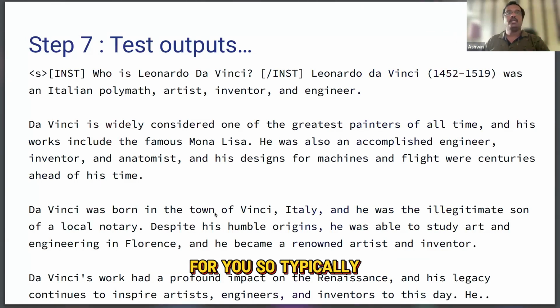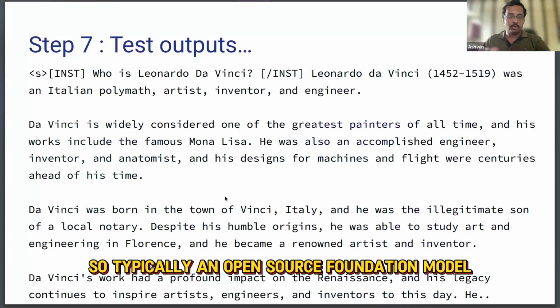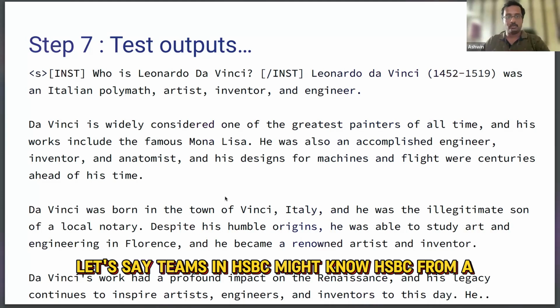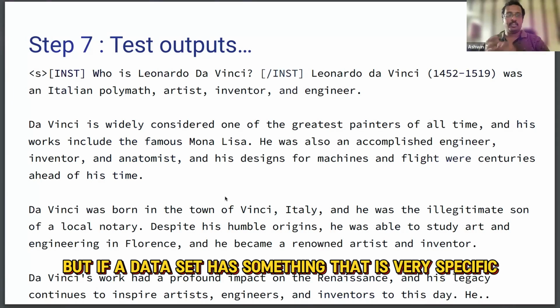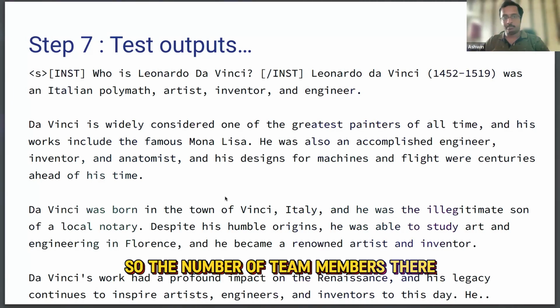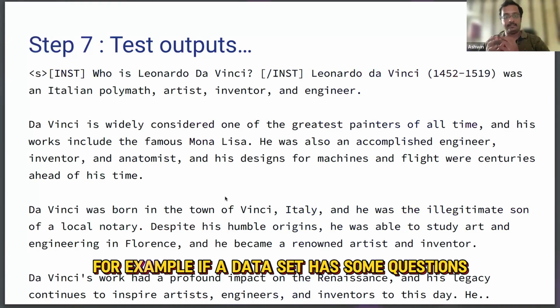Ideally, if your data set contains some data points about your organization, for example, let's take HSBC, an open source foundation model may not have a lot of information about teams in HSBC. It might know HSBC from a public company point of view. But if your data set has something very specific to your team, for example the team led by Altaf, the number of team members there, what the team does, if your data set has some questions on this,